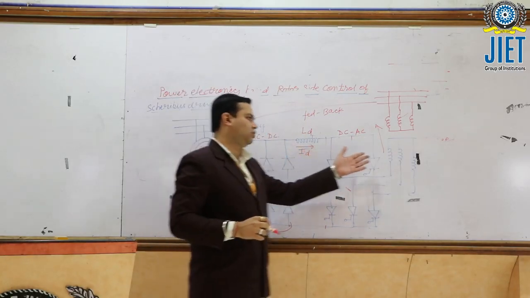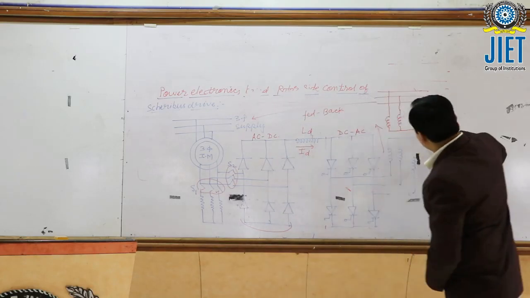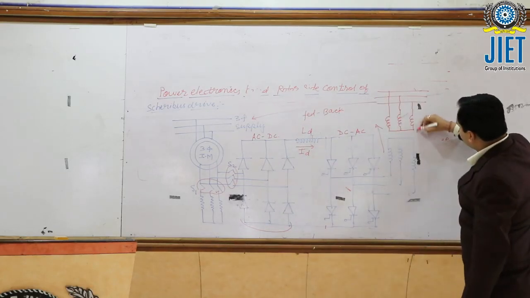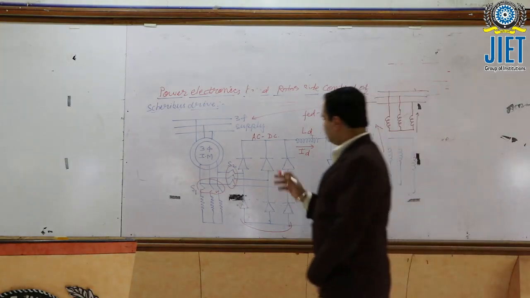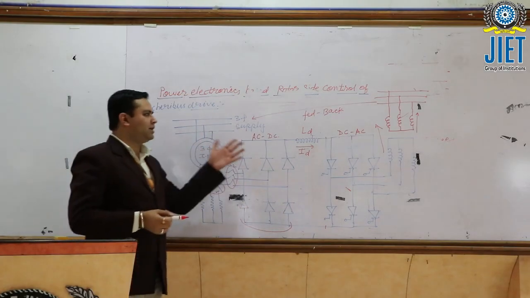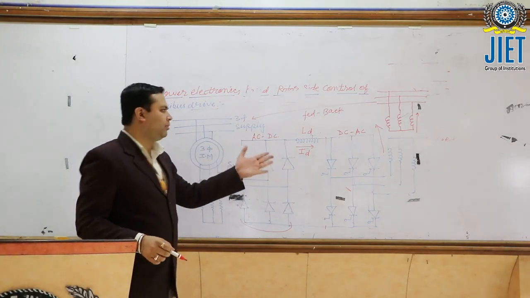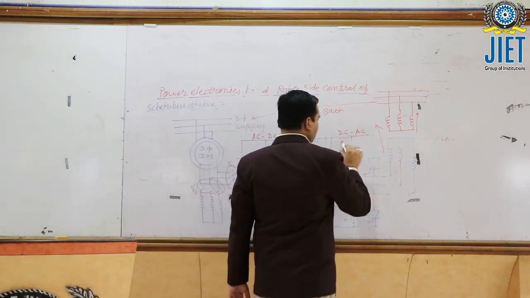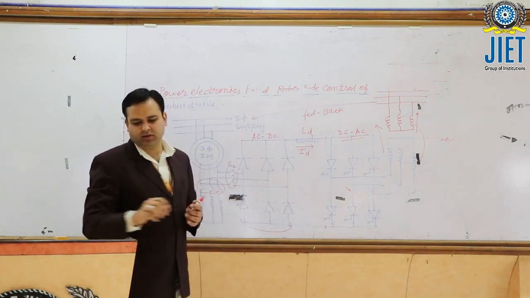Then a transformer is connected to step up the level of voltage. Then after the transformer, the supply is fed back to the source. So slip power is not wasted in this configuration, and this slip power is supplied back to the source via a medium of this DC to AC converter and this transformer. This is the Scherbius drive system.